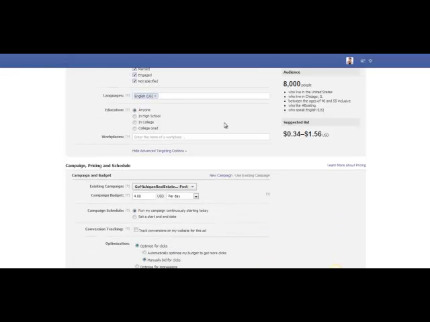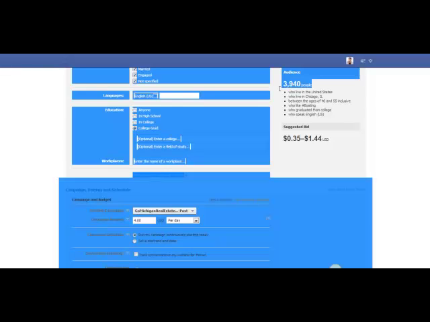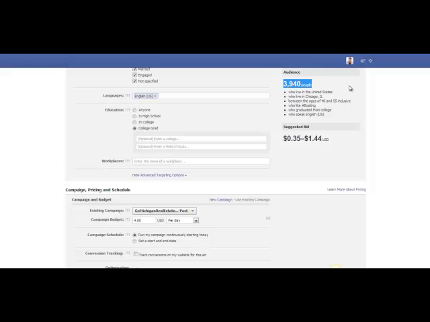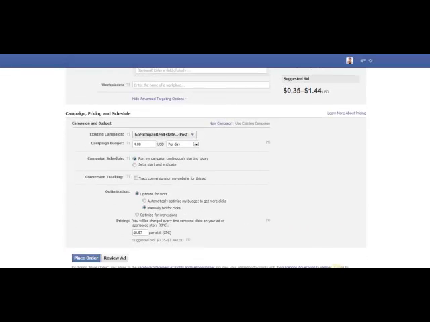For instance, it's a pretty good bet that people who are going to buy a $420,000 piece of real estate, a business, have had some kind of college experience. They're not in college, they're not in high school, let's just say college graduate. You can even pick the college that they went to or the field of study. Now see what happened to that number right there? I went from millions of viewers to 3,940 people. That's perfect because I know I'm narrowing down, and it's going to save me money,